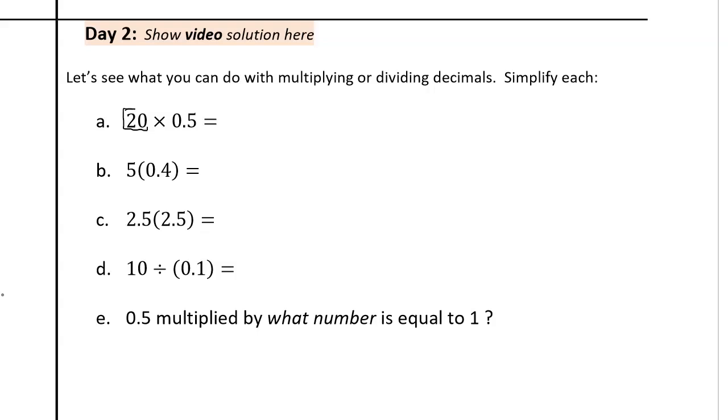The first number is 20. The second number is 0.5. The operation is multiplication. I know nearly instantly that this answer is 10. Now, if you also see how the answer is 10 just in your head, that is great. The reason I'm able to get the answer of 10 so quickly is I know that there's an equivalency between